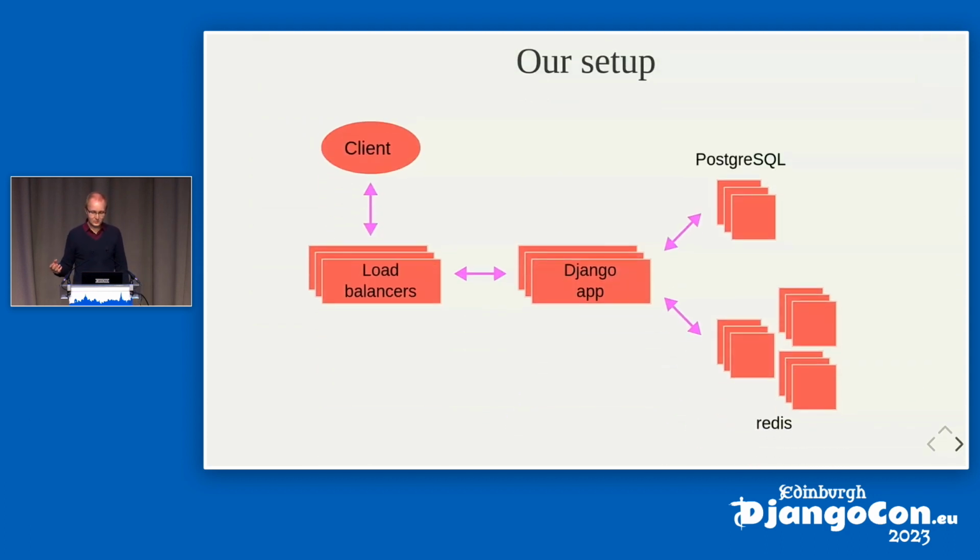In the end, we are ending up with an infrastructure where the client interacts with the load balancer. We use HAProxy for that, and it is connected through to one of our Django channels and Django application servers, which communicate with a PostgreSQL cluster and with the sharded Redis cluster on multiple ports.